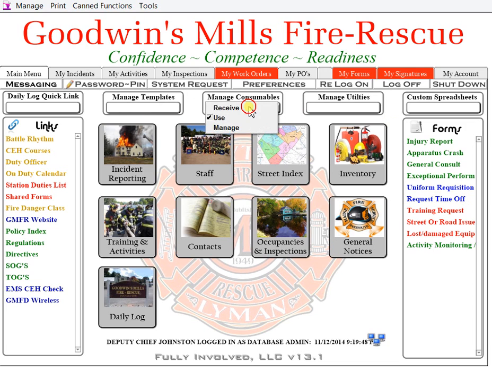The middle one is called Manage Consumables. And this is a brand new module that's just being brought out in this version 13. This is going to allow you to manage items that we're calling consumables. The main drive behind that was customers asking for ways to track EMS equipment. For instance, they want to be able to track when it's time to buy more BVMs or defibrillator pads. This module is going to allow you to track that type of stuff, as well as it's going to tell you